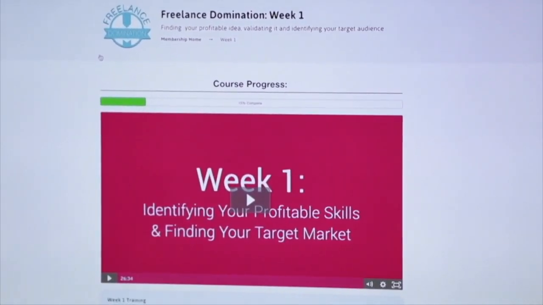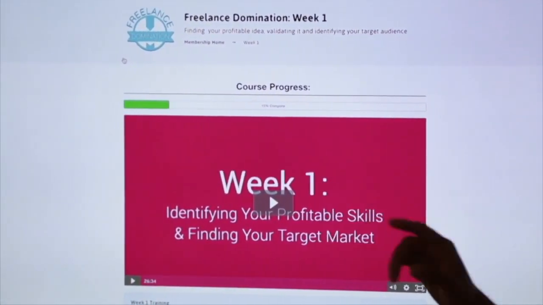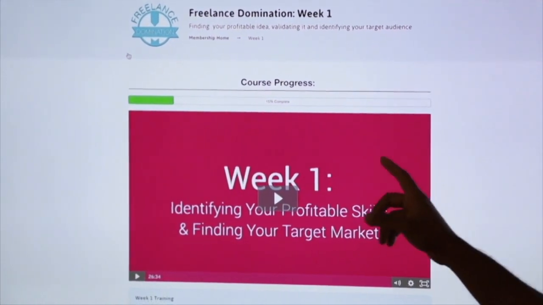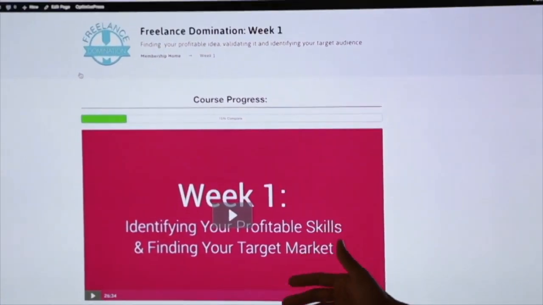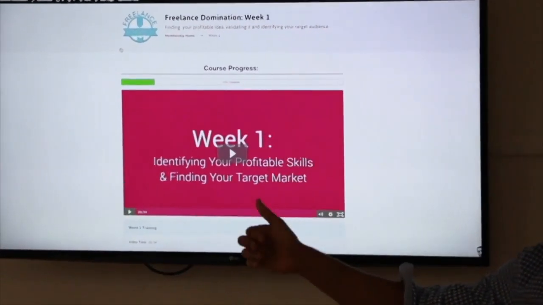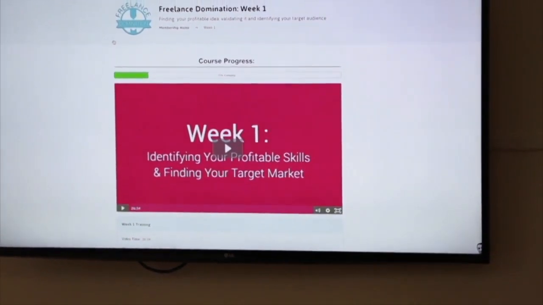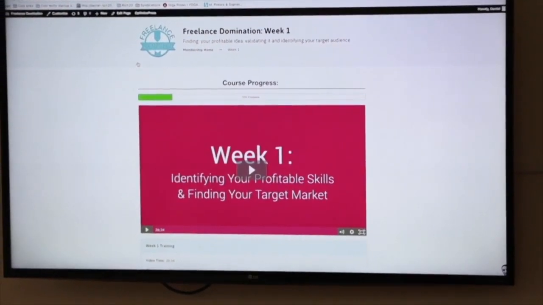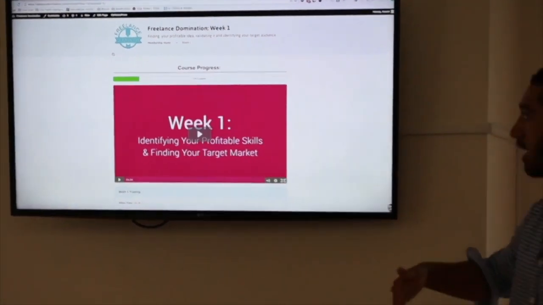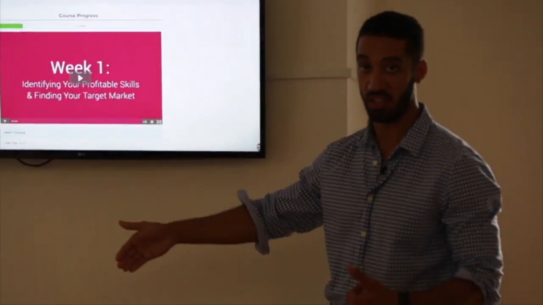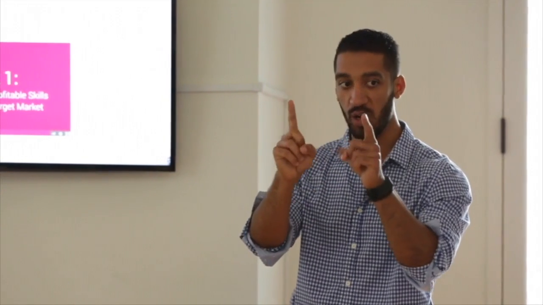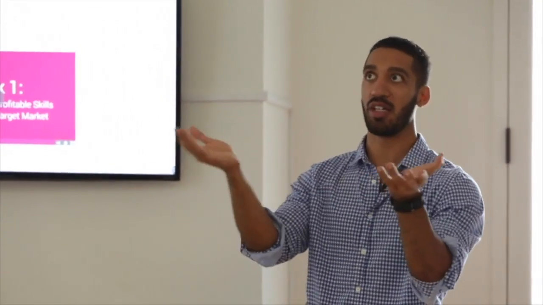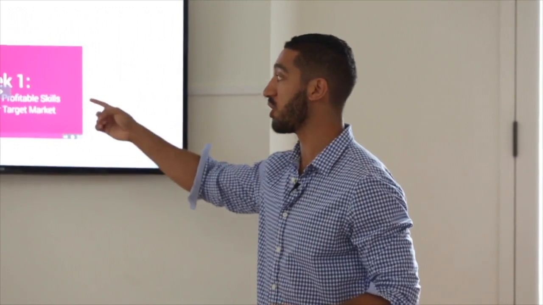So one is I put a course progress bar at the top. This is not something that's dynamic. I set this. There's 6 weeks, and I just divided it up, and I said you're 15% done. I just did that because research has shown that when you have information that shows how far someone is in the process, it encourages them to follow through and keep going. If you guys have ever seen the lead pages where they say you're almost done and they have a little progress bar, that encourages you: I'm 50% done, I gotta finish this. So this encourages you to keep going.